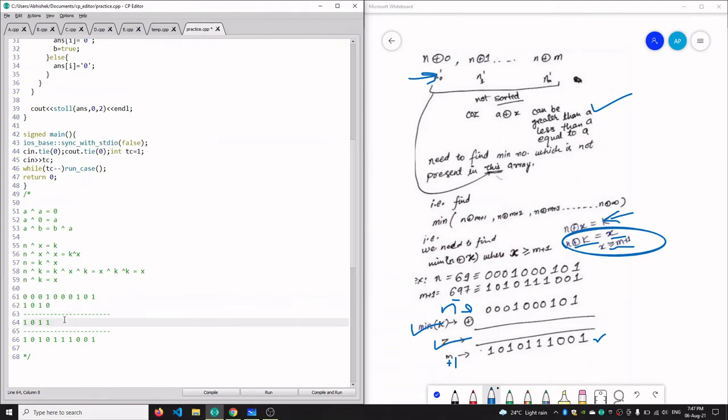So our z will contain 1 here. Now, as you can see, our z has become greater than m plus 1. It is not equal to m plus 1. It is definitely greater than m plus 1. So either we will take 0 here, all of the values equal to 0, or we can take any value here. Our z would be definitely greater than or equal to m plus 1.